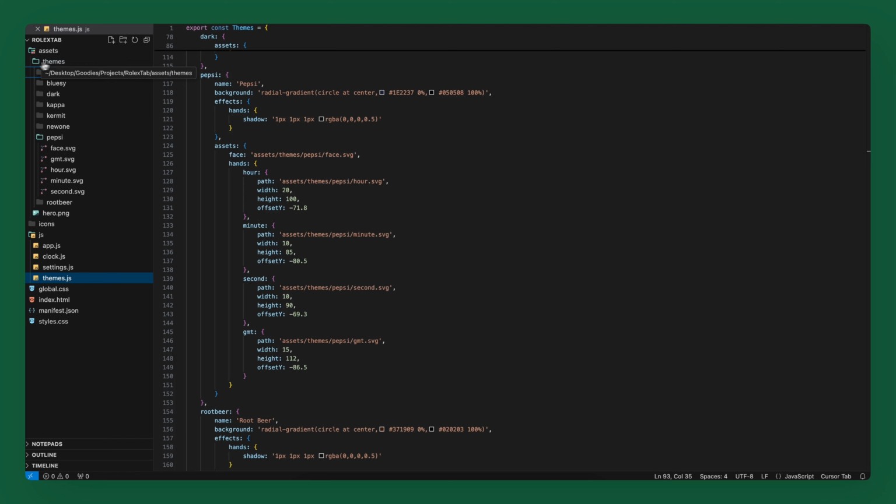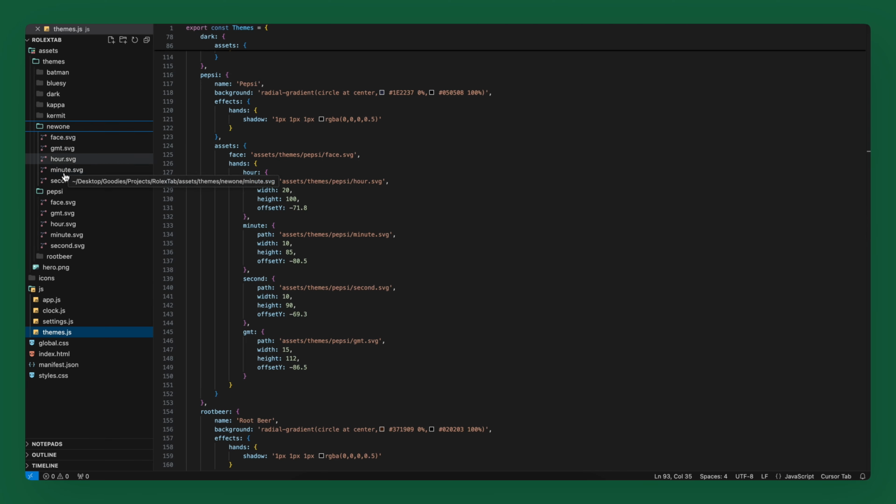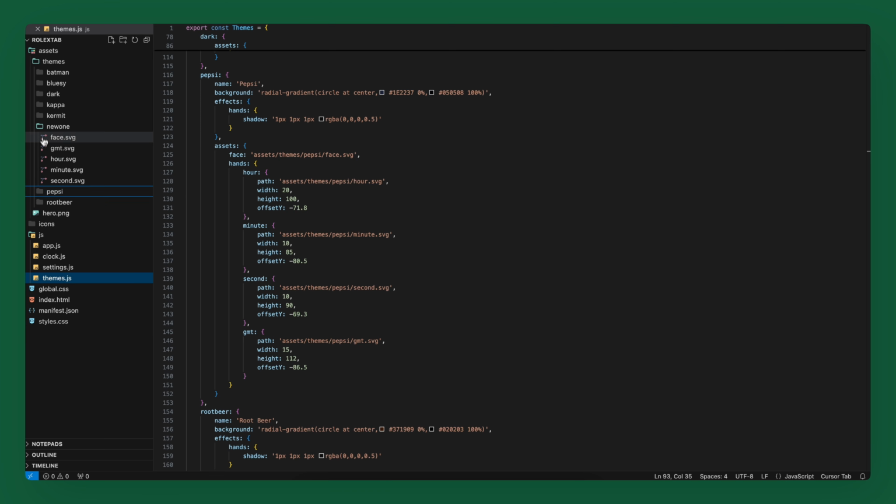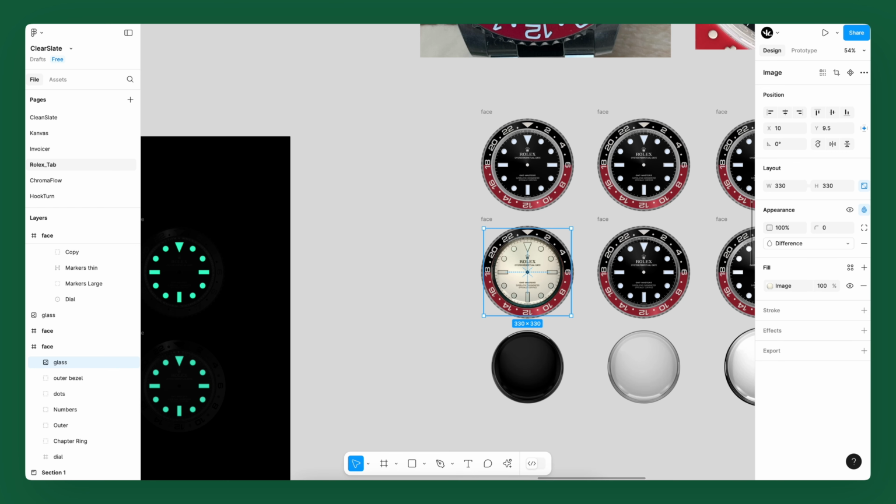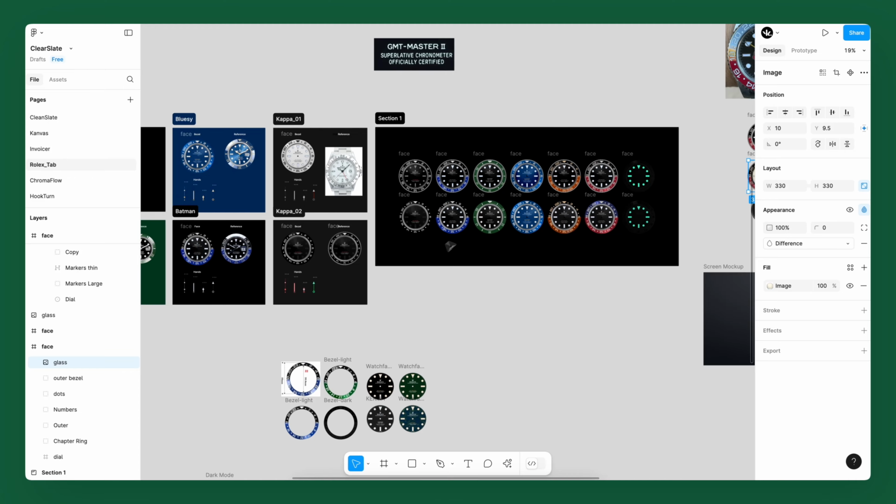And you can see the way my file structure is set up is really neat. It's kind of like my themes. Each theme has its own folder. I can really quickly duplicate a folder and then go in here and adjust and export the face and all the hands from my Figma file really easily. And within minutes almost, go from if I go to my Figma, within minutes I could basically grab,